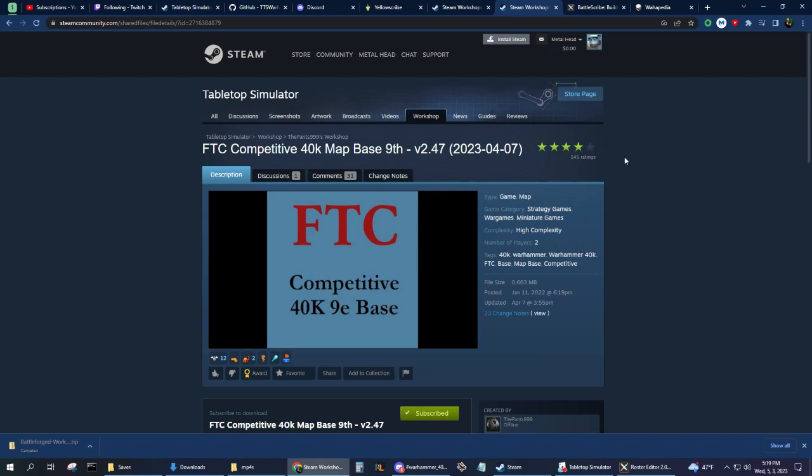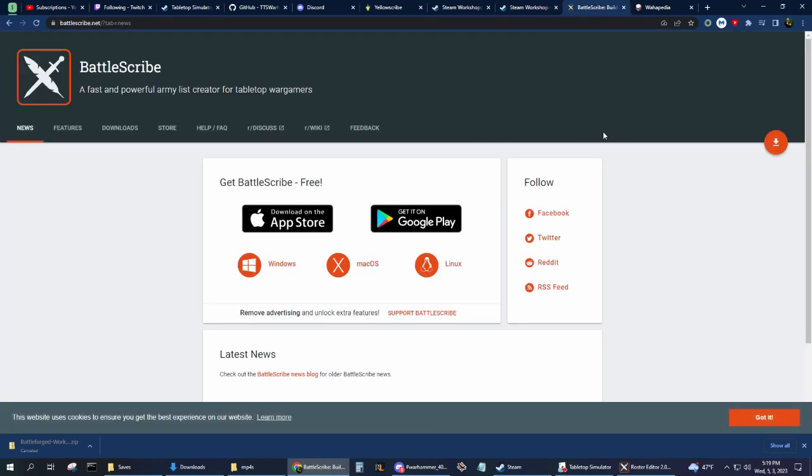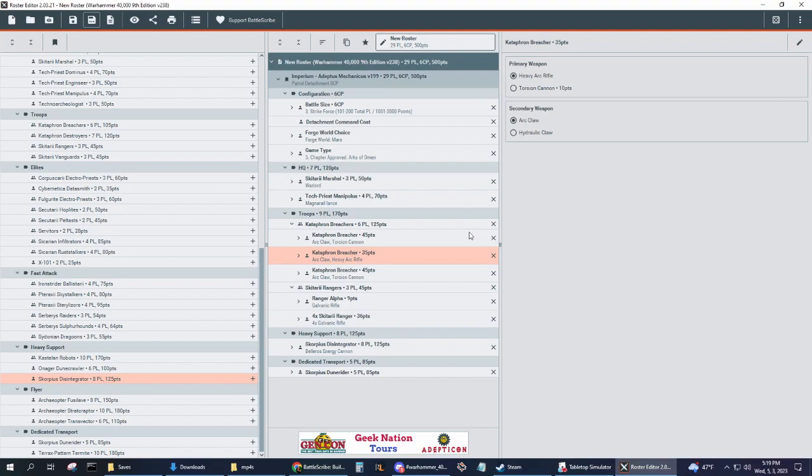So to build a list and import it into the game, we're going to get Battlescribe from battlescribe.net, which is a program I'd say most people use to build their list. For example, here I have just a 500 point Adeptus Mechanicus list that I made as an example. Once you have all this made and you save your Battlescribe file,